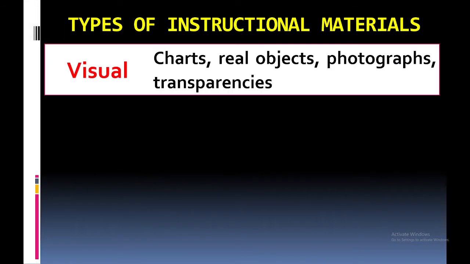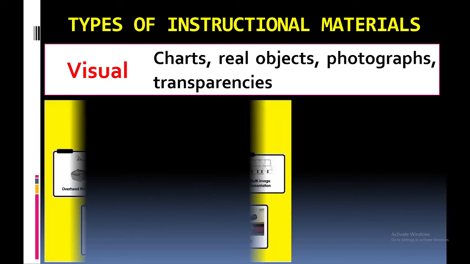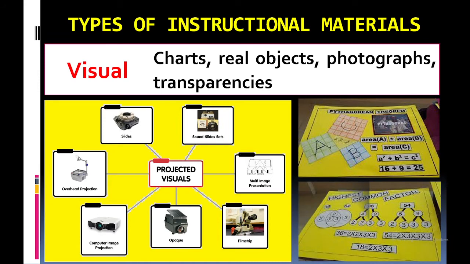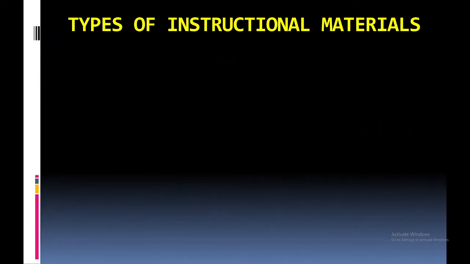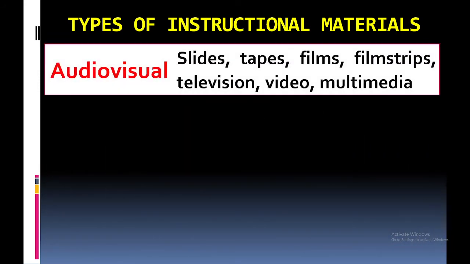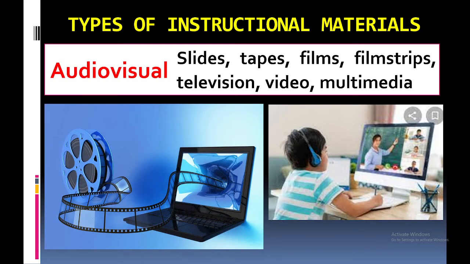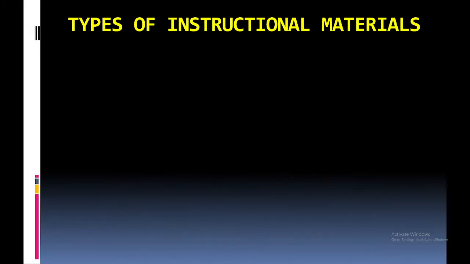The next type, the third type, visual. Examples ana, charts, real objects, photographs, transparencies. Next type, audiovisual. Like mga slides, mga tapes, mga films, film strips, television, video, multimedia. And the last one is what you call